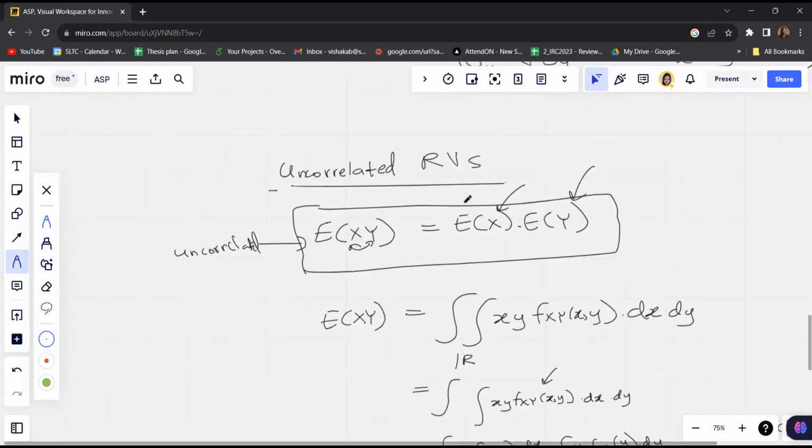So in uncorrelated random variables, we discussed that E[XY] is equal to E[X]E[Y]. That means the similarity between the two signals is very low, such that once we have two random variables, one variable X is behaving on its own and Y is behaving on its own. And therefore, if we take the product between these two signals, then we need to take the product separately of those two signals,